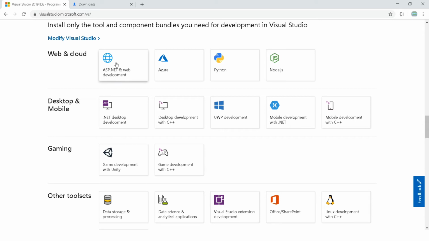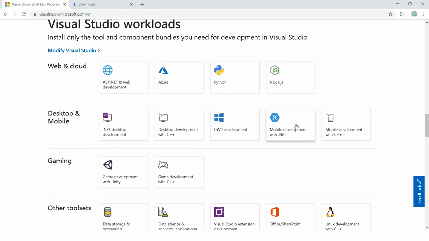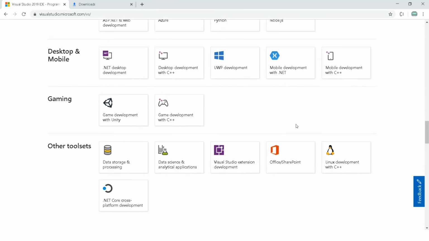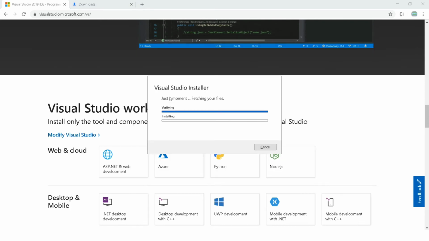These are the workloads you have to take. First thing is ASP.NET web development. This one you have to select, and the desktop application one. This is for mobile application development, and this one specifically Node.js. Right now it's trending. So yeah, these 4 are enough for this tutorial. So let me see there.